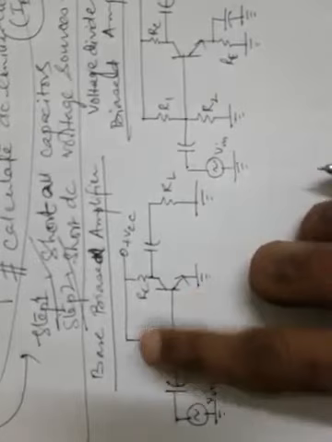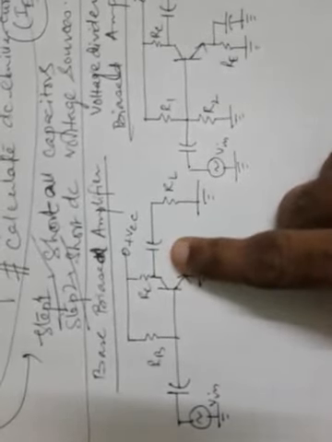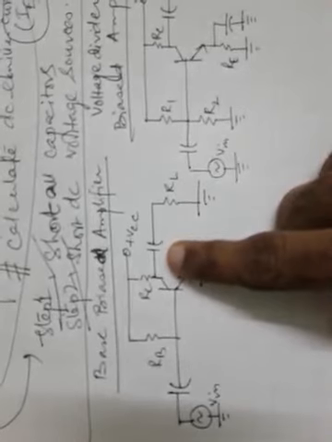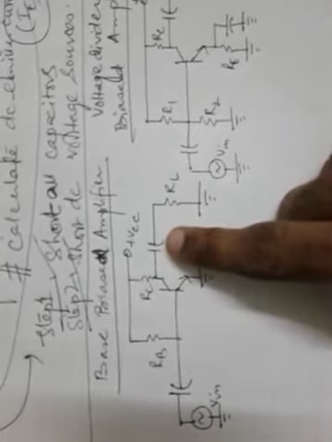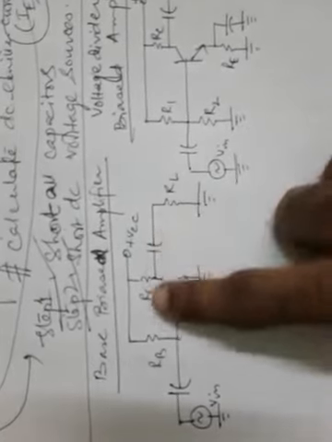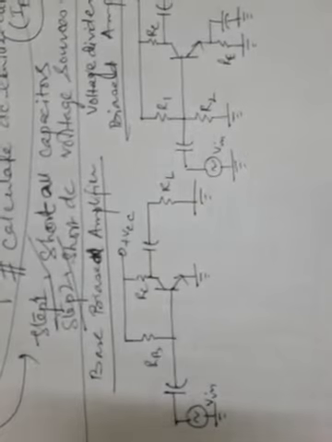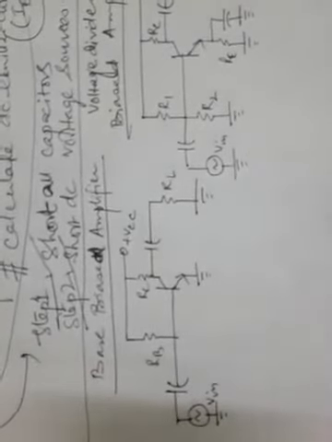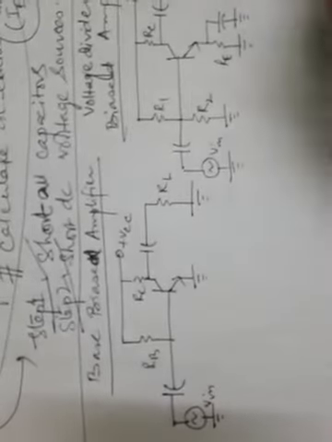And also in the collector side, there will be a current source represented by collector current IC, and that source will be driving a current in resistances RC and RL parallel with each other. So let us see all these concepts. Considering all these concepts, let us see how the diagrams will look. For the base biased amplifier, the AC equivalent circuit will be like this.